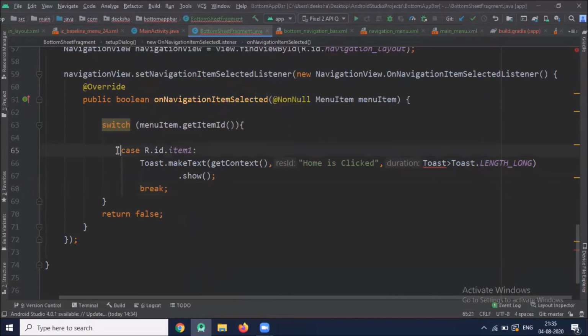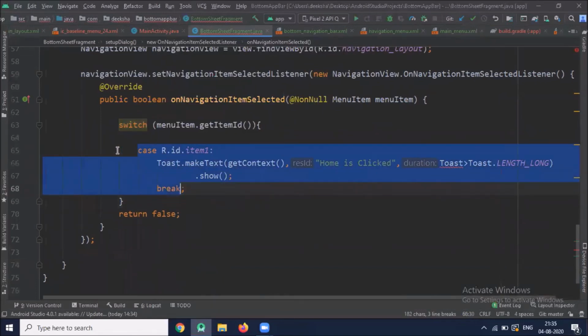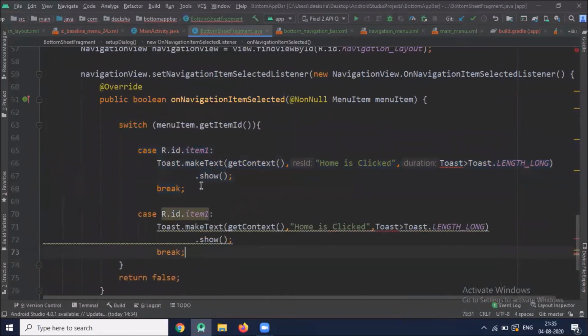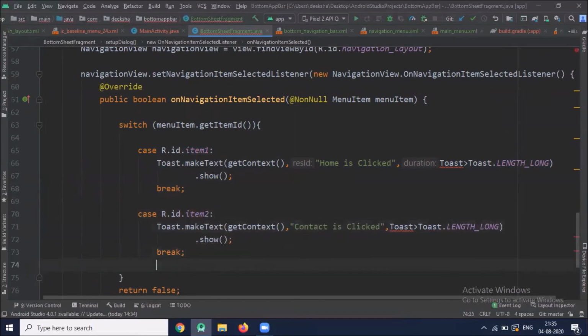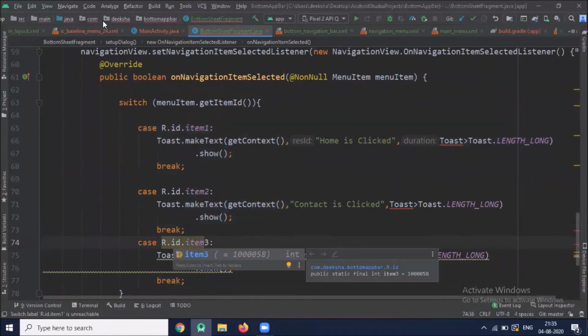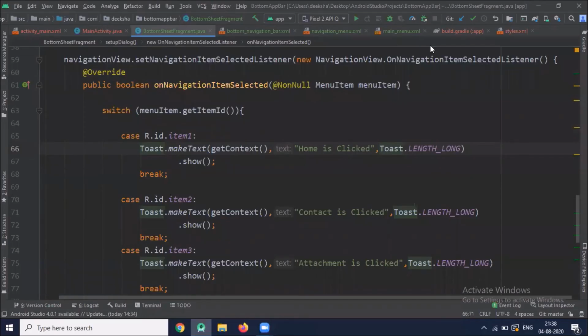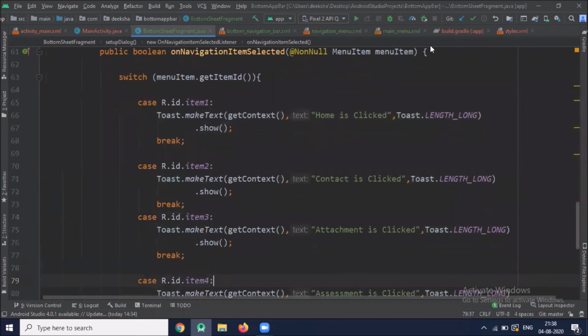Similarly for other items. Similarly, I added other items.